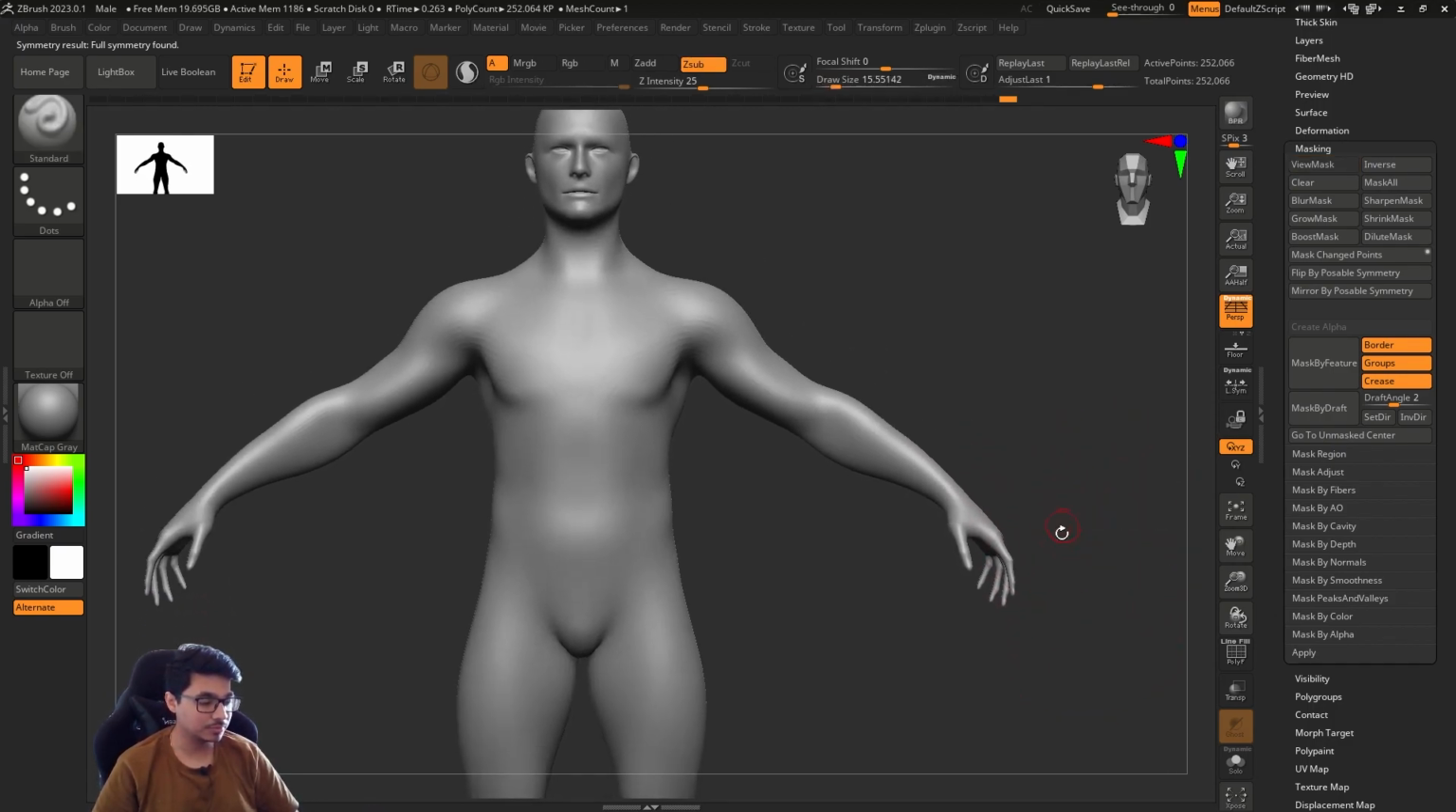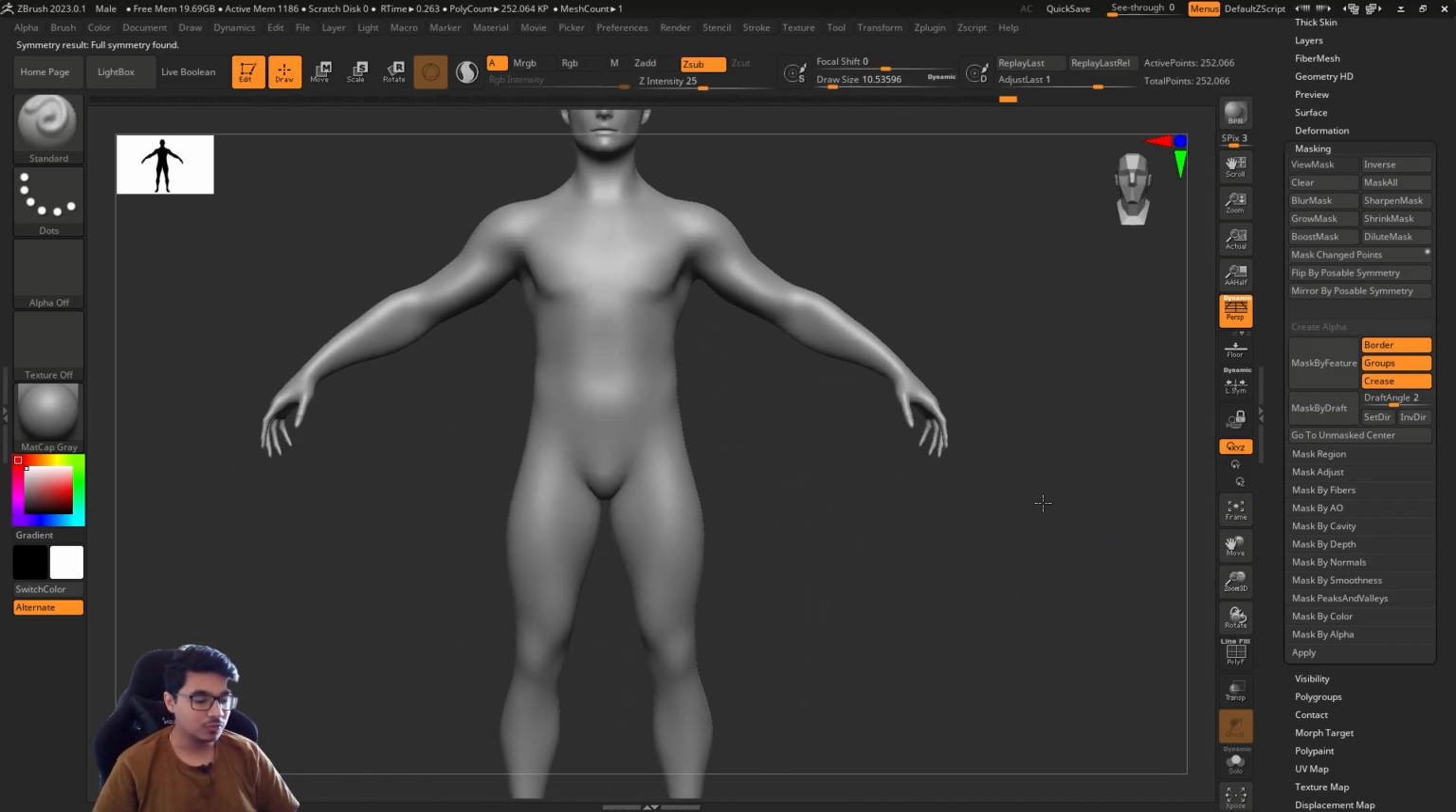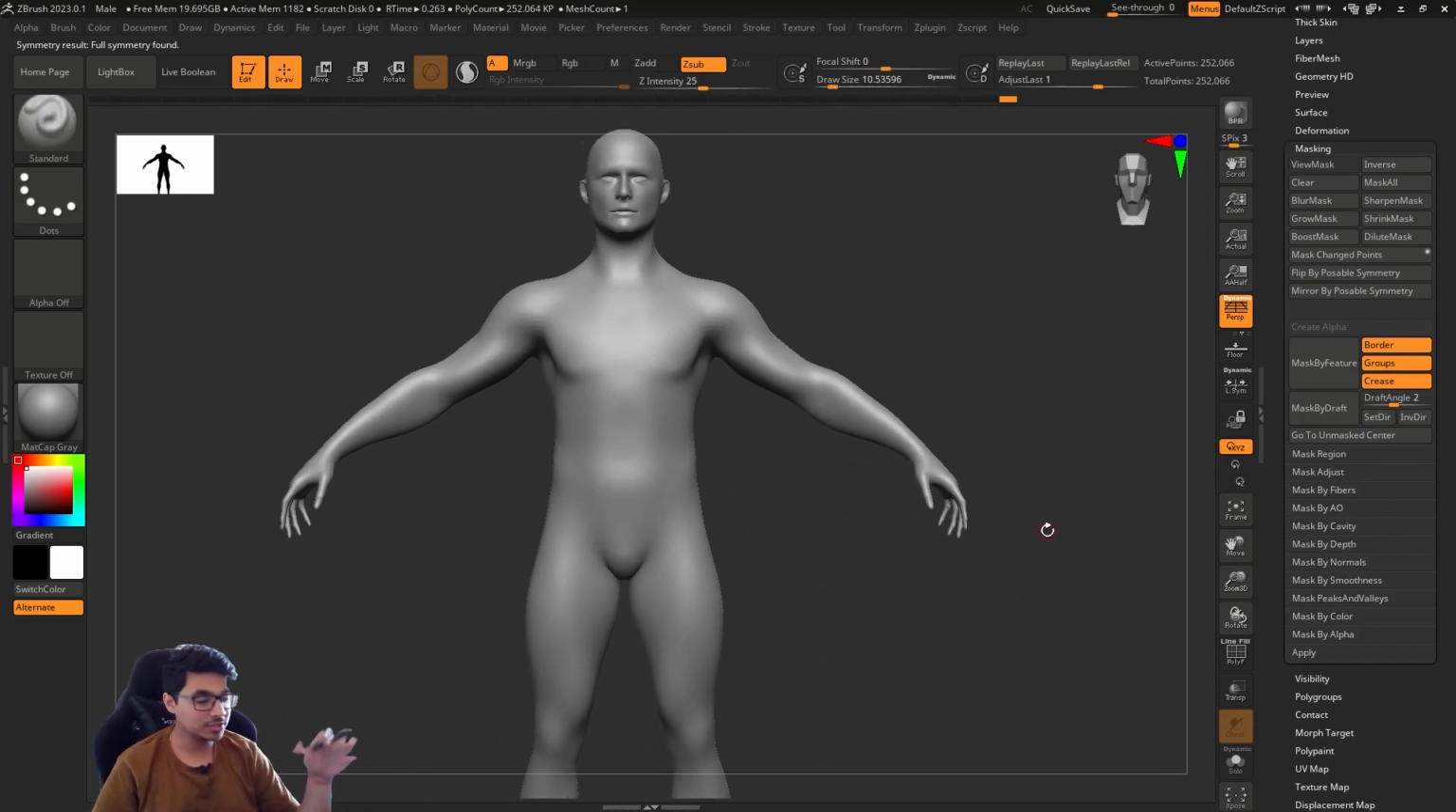So yeah, that's pretty much it for the basic masking. For the manual masking,